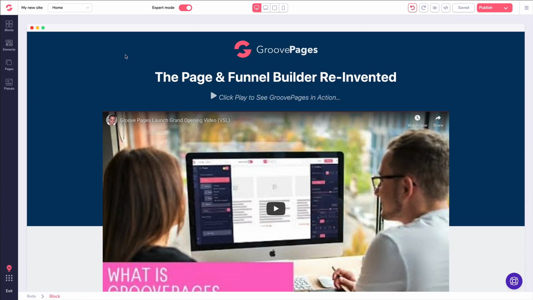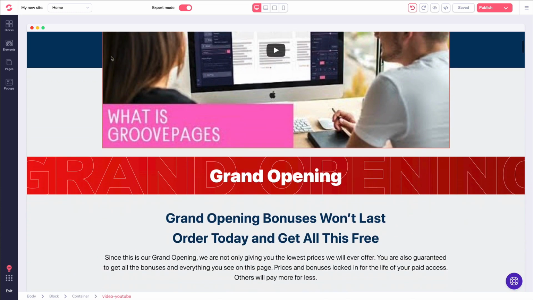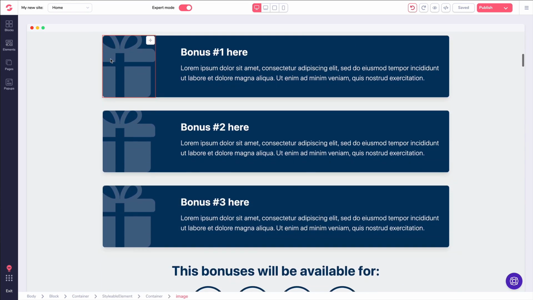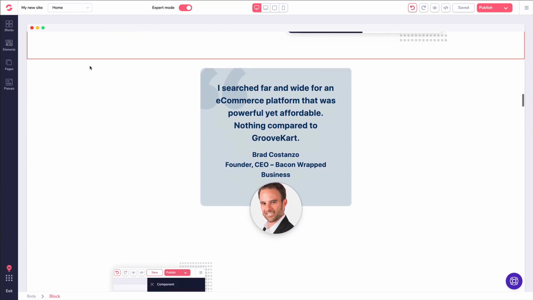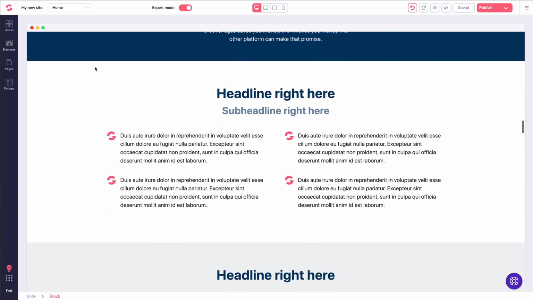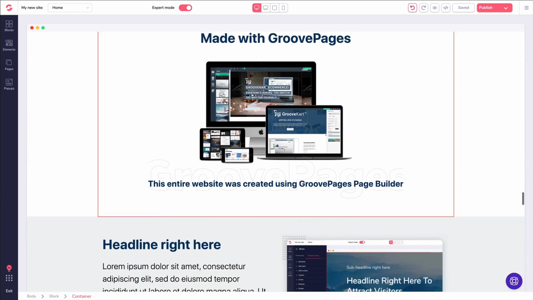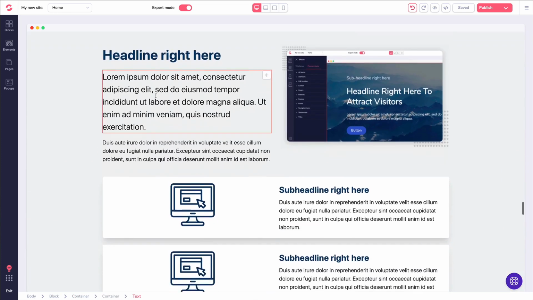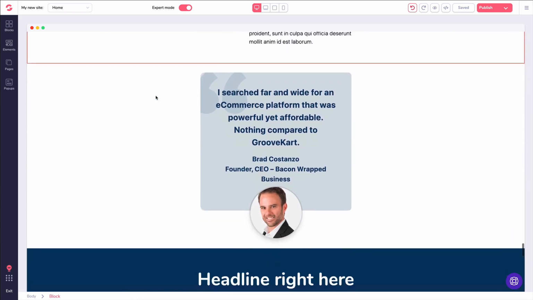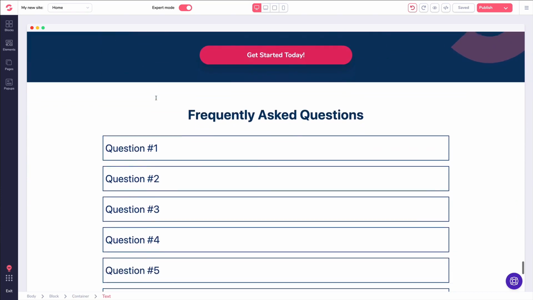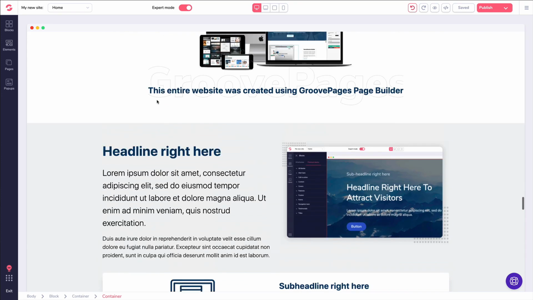And now you're seeing basically what I used GroovePages to create, the website GroovePages. So this is a template before I did all the work that you're actually seeing now. I had it laid out and I brought over some different things, and I used some elements from some previous websites as placeholders that I had, like you're seeing here, some GrooveCart images that we had in the past. But you can see how gorgeous a website can be made with GroovePages when you do a little bit of TLC to it. So I'm going to go over the core elements to design a page of what you're seeing